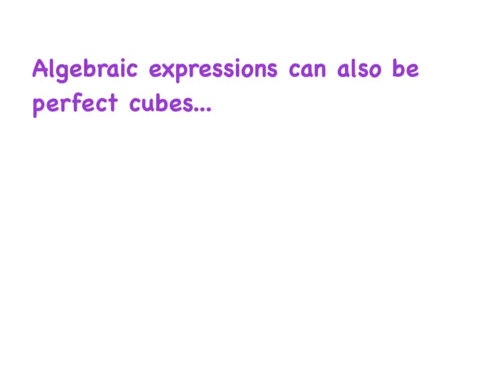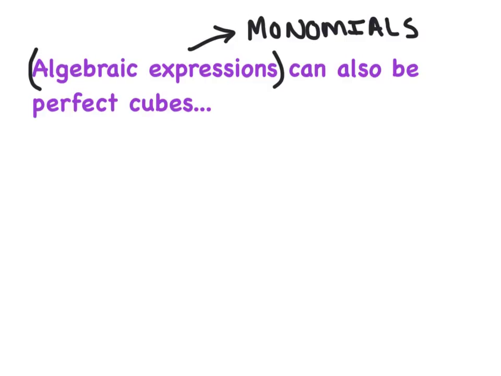Now, just like perfect squares, our discussion on perfect cubes isn't limited to just integers. In fact, we're going to look at some algebraic expressions that contain variables that are also considered perfect cubes. And specifically, in this discussion here, our algebraic expressions are going to refer to monomials only. And that'll be nice. That's going to keep it nice and simple. So for instance, if I said,